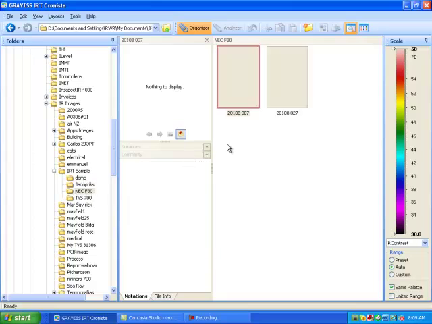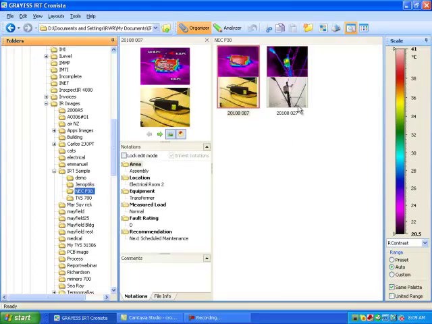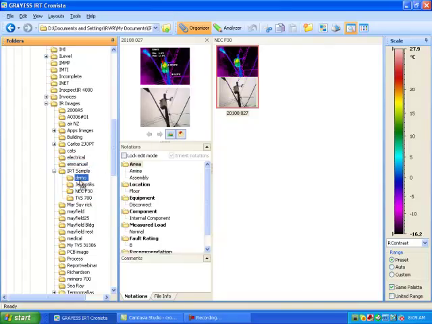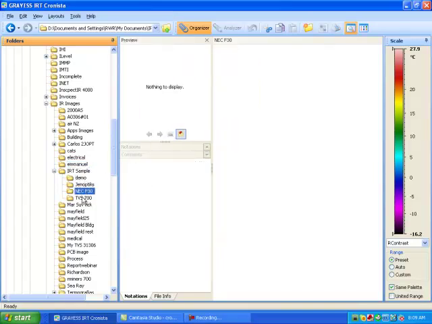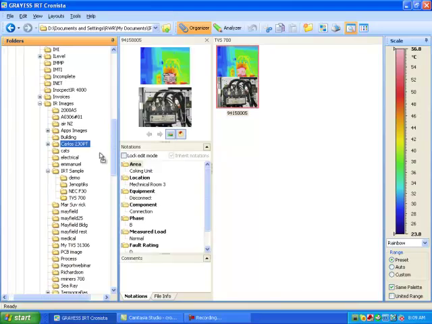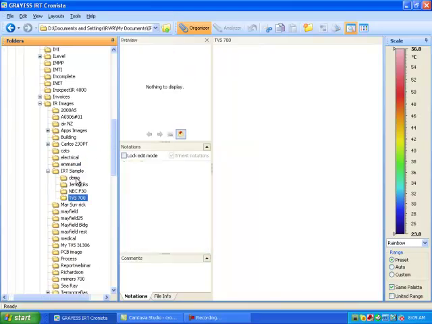We're going to go down now to our NEC images, and you'll see that we have two NEC images, and we've already marked some things on that, so we're going to move both of them over to the demo directory. And now we're going to go down to the Avio file format, and those images come up and they're read by IRT Cronista with no problem. We'll move those over to the demo directory,